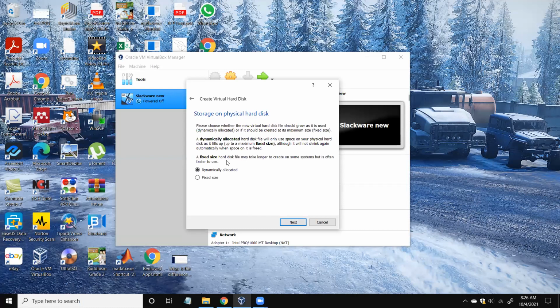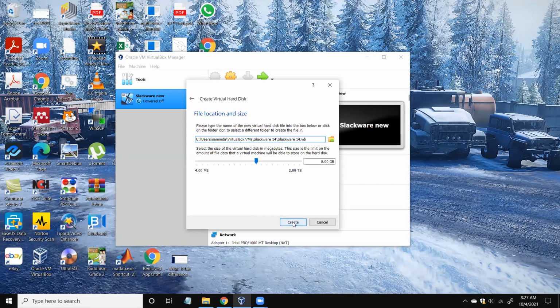So dynamic memory allocation is important because otherwise the allocated memory will be fixed. So if the need is there, then the allocation will be done in this dynamic allocation. So keep as dynamic allocation.